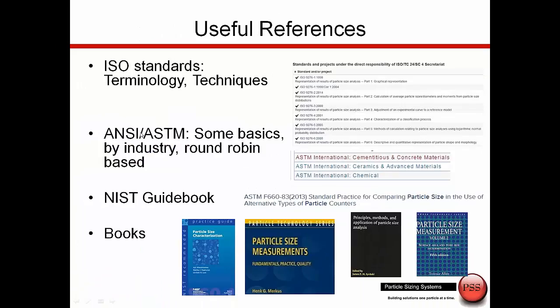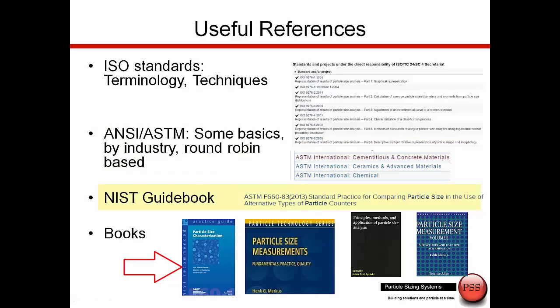Now, here in the US, the American Society for Testing and Materials, ASTM, and also ANSI will give you some standards which are ASTM based. The ASTM standards are usually for a given industry. There could be an ASTM standard for measuring cement and an ASTM standard for measuring powdered metals. These methods are usually round-robin based, meaning that industry and instrument experts get together. They run a round-robin. They say, let's run the sample the same way in multiple laboratories, how close are the results? And then they'll publish a test saying if you want to measure cement using sieves, this is how I suggest you do it. The NIST guidebook, which you see right here, is a very useful guidebook available for download